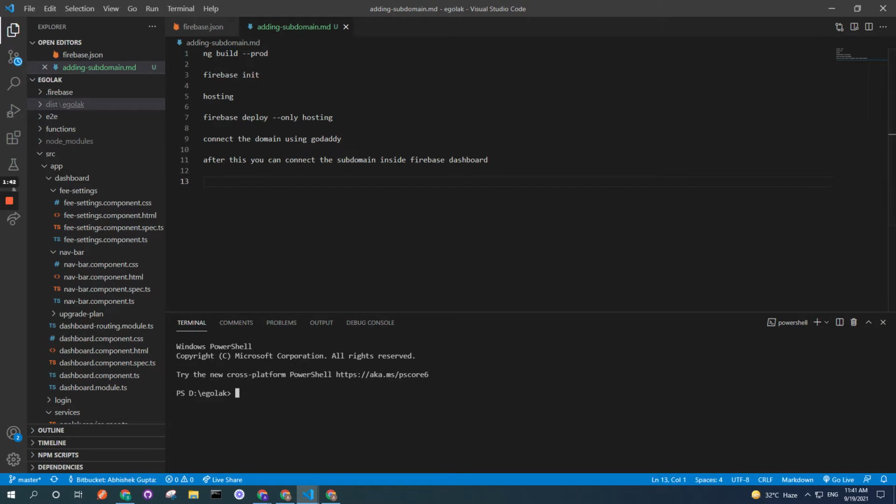So let's start. First of all, let's say I have multiple accounts, so I'll go and log out from the existing Firebase account. Then I need to log in to that Firebase account where I want to do the hosting part. It takes some time to log out from the system, and these are the simple 6 steps that you need to do to deploy your application on a subdomain.